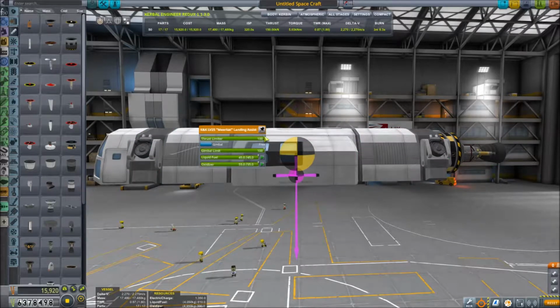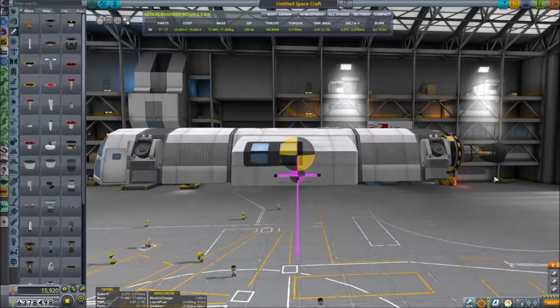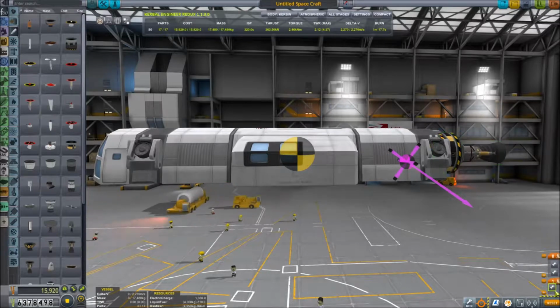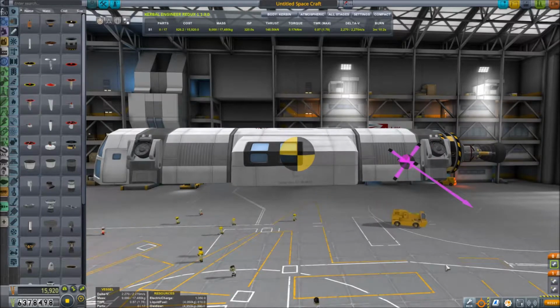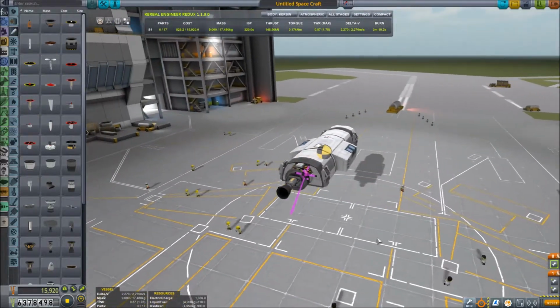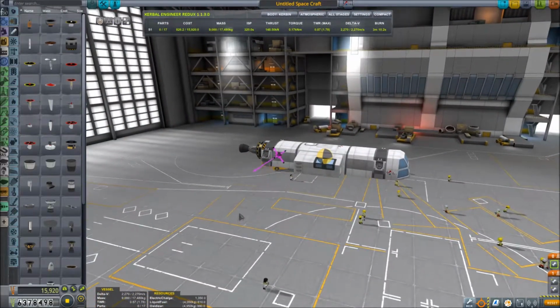But it's not quite. So if you adjust the engine, there we go, at the front, it moves the thrust point. So I've got that set fine. Just reset the swivel engine so that the thrust limiter is at 100%. Going to move around the stages on the engines, and there we have a very basic landing craft